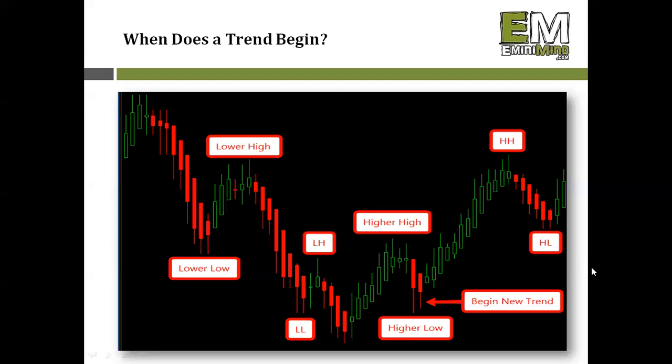So if you just took the same chart and flipped it upside down, it would be the exact same thing, only the other direction. You'd be making higher highs and higher lows. You break a swing low, and then you can start that new downtrend, or the potential for the new downtrend. And that's where, at the beginning of the trend, your risk is going to be the lowest because you can have your stop very tight, but your reward is going to be the highest because you're getting in early to the trend,